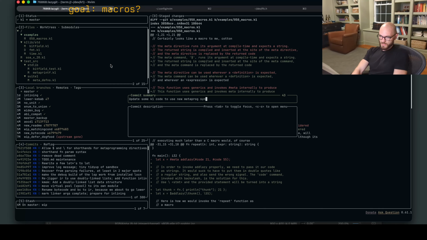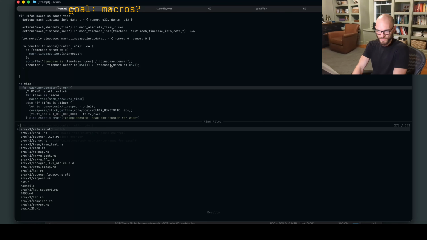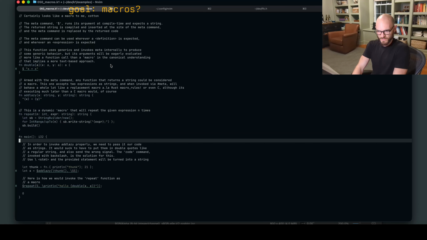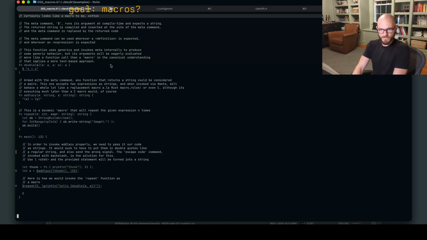I guess we could call it macro, you know? Like invoke macro, we could call the operator macro, the dollar. We could call the dollar macro. We could call the backslash escape code, like not the code command, but the escape code command. I don't even like command.